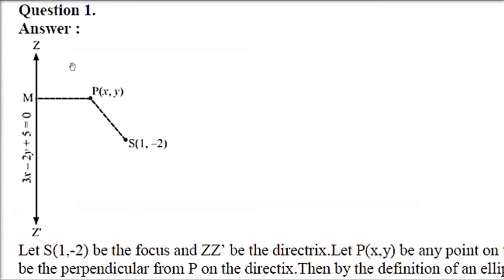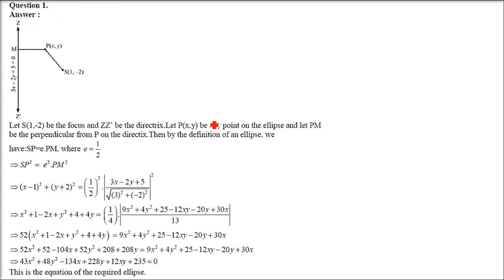Now, in a conic section, whichever it is, the same thing happens for every conic section. If you want to find out the locus or how the figure is going to be seen, we need to have a focus and a directrix. So the point (x, y) is a moving point that is going to make the figure. It may be hyperbola, it may be parabola, it may be ellipse. Now this point's distance from the focus and this point's distance from the line, the directrix, should be a ratio which is a constant. This eccentricity in case of parabola was 1. In case of ellipse, it's less than 1.